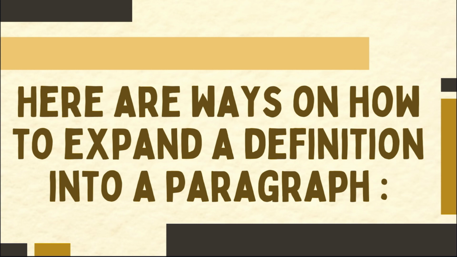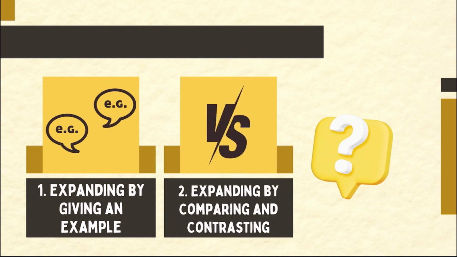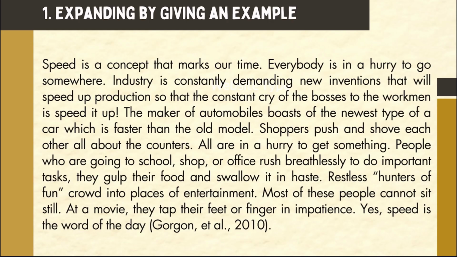Now, here are the ways on how to expand a definition into a paragraph. First, expanding by giving an example. Second, expanding by comparing and contrasting. Third, expanding by describing a process. But before that, let's have the expanding by giving an example. So we have here,